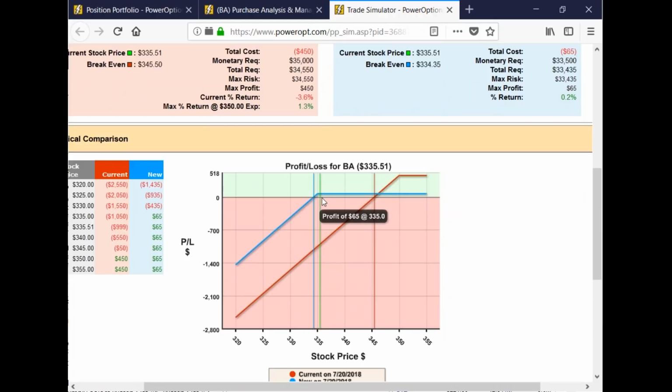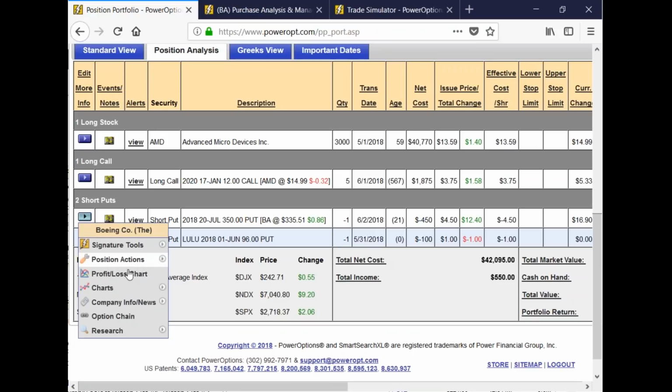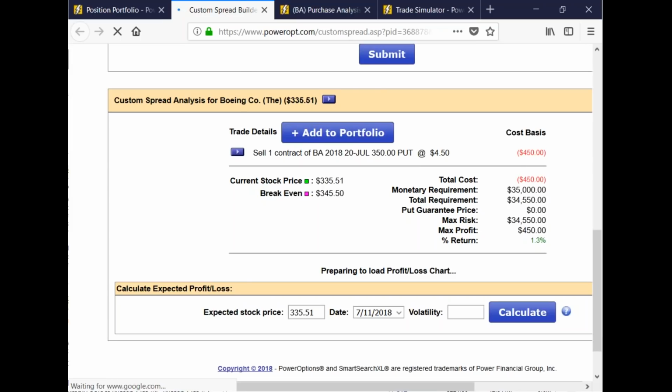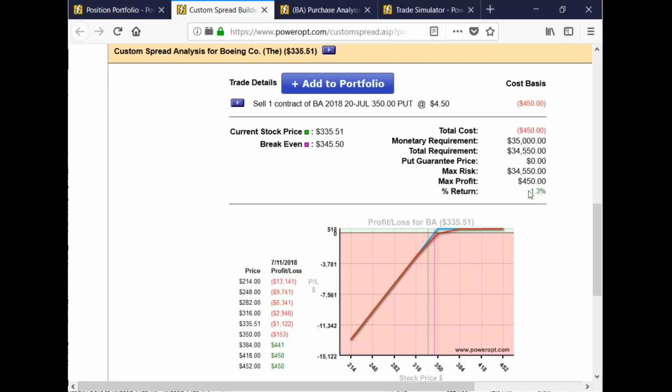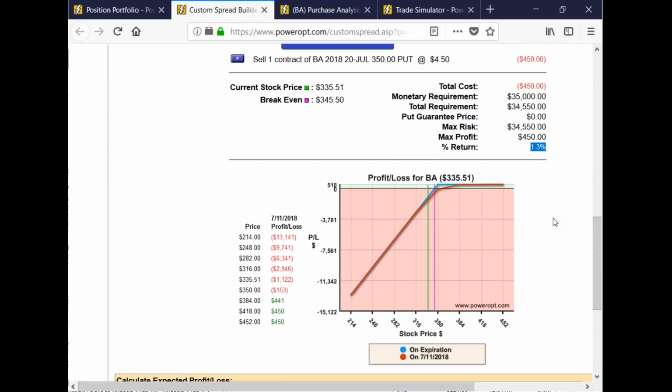This is one option that gives you the potential for a very small return of 65 cents if the stock stays above 335. If you think it's bottom now and is moving back up, that is an option. Okay? But there are other things that you can do because of the prices and where you are now. Let's just go to the profit and loss rate. You're expecting a 1.3% return. Now that was based on my premium. Okay? So, what are some of the options?